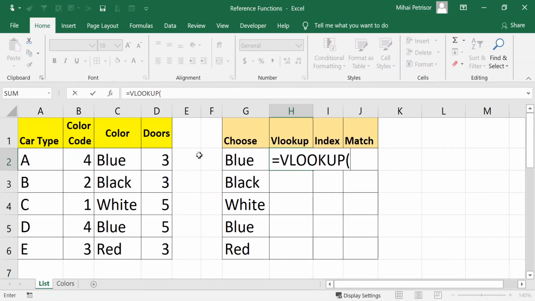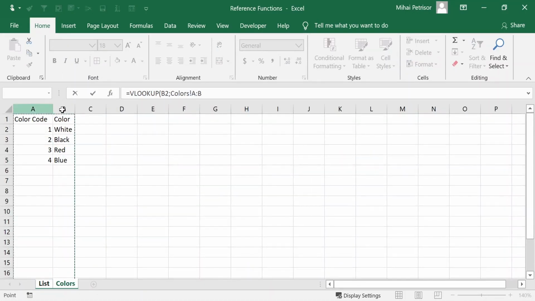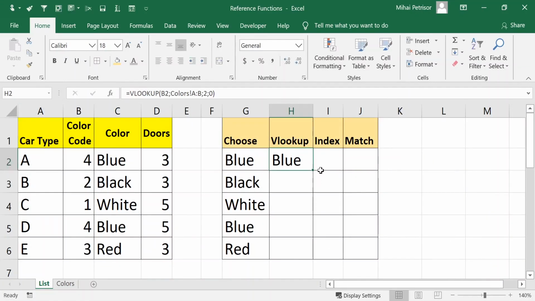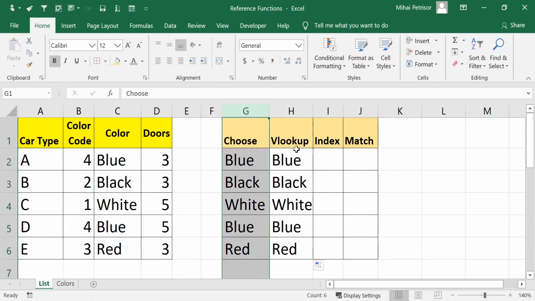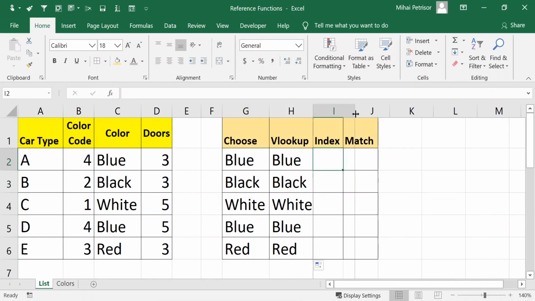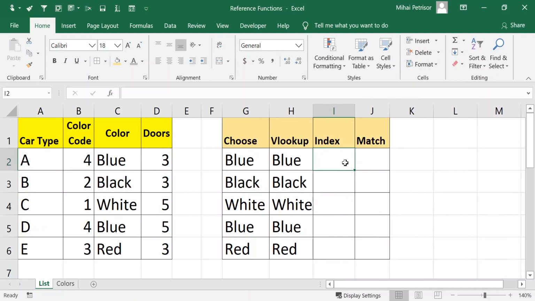So VLOOKUP, color code, and then we will bring the second column, and we'll obtain the same result as the CHOOSE function. With the INDEX function, we'll get the value in the list or table based on location. That means, for example,